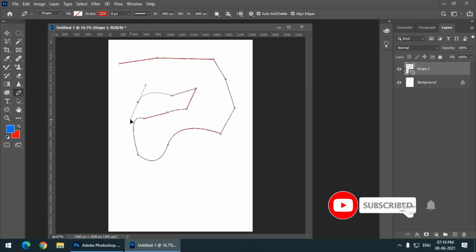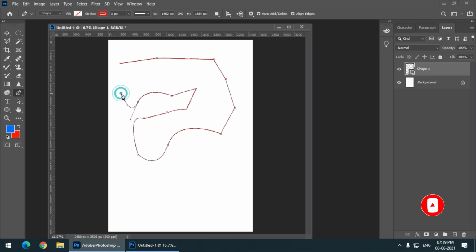We have simply clicked it. If you click and drag it, then it will create a curve, and automatically the next node will be a curve. But if you do not want the next node to be a curve, then we have to press and hold the alt key, or option key if you are using a Mac, and click on the previous node. Then it will give us a straight line instead of a curve, so that you can adjust. If you want two curves, then you can simply click twice, and if you want only one curve, and after that you want a straight line, then you have to alt plus click on the previous node. I will show you one more time.